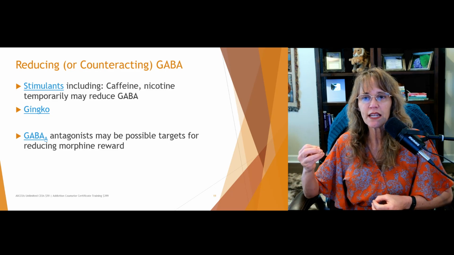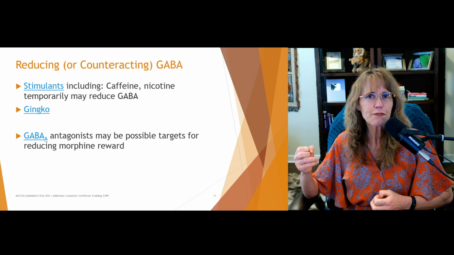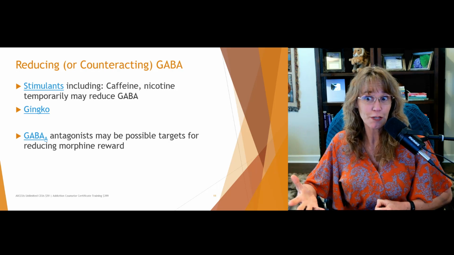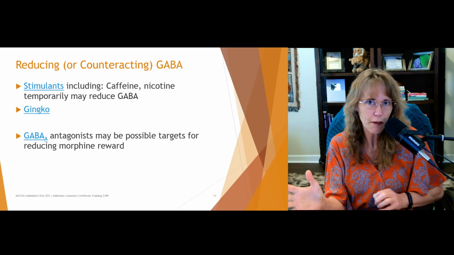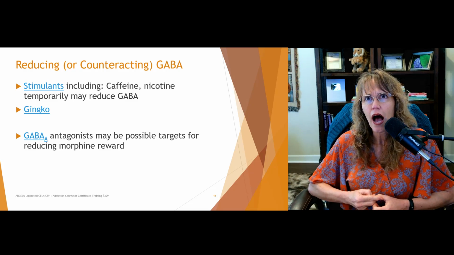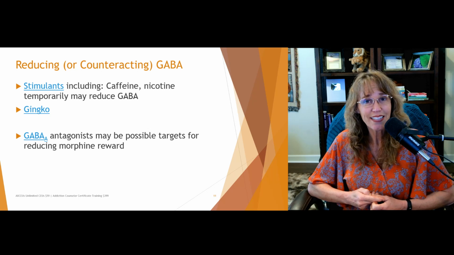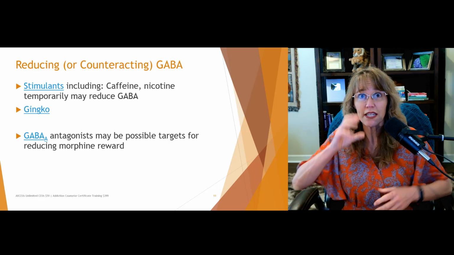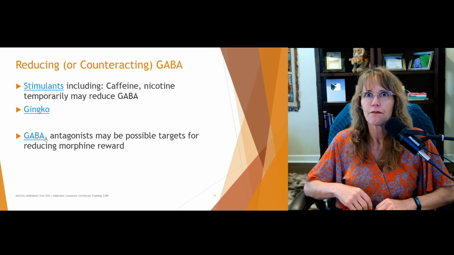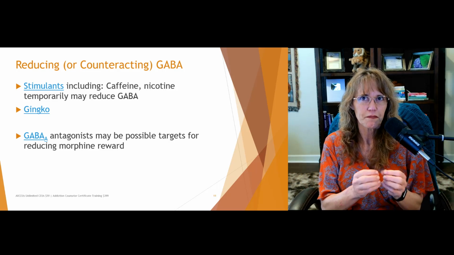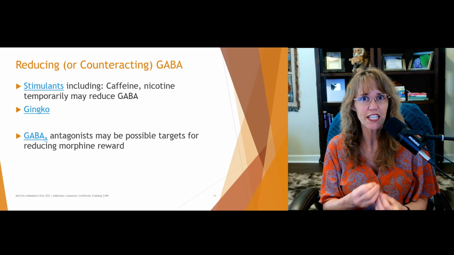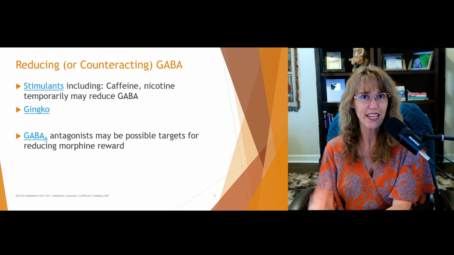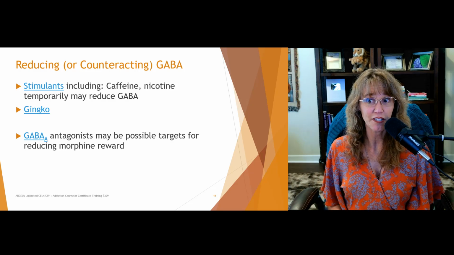If you work in substance abuse of any type, but I'm also thinking in alcoholism treatment, even though alcohol is definitely not morphine, I would think that blocking this might actually be helpful for reducing some of the reward. If you drink and your GABA levels go up normally, that may perpetuate the cycle of addiction. But then if you take a medication that blocks the reward of drinking, then it's like, well, that was some empty calories.